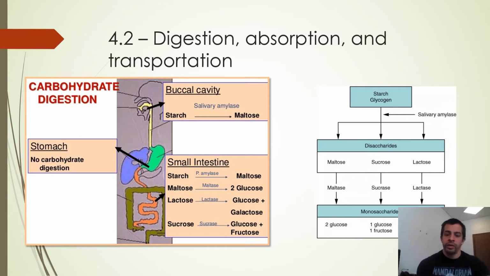Now the graphic on the left shows us where really all of the absorption takes place. So all of these disaccharides and a little bit of starch. Starch is mostly digested in the mouth and the esophagus. But all of these disaccharides are going to be broken down with these enzymes to monosaccharides. We need to get to these simple sugar forms in order to absorb them. So we don't absorb maltose, lactose, and sucrose until they are digested in the small intestine.